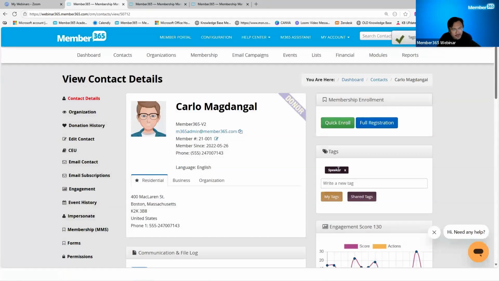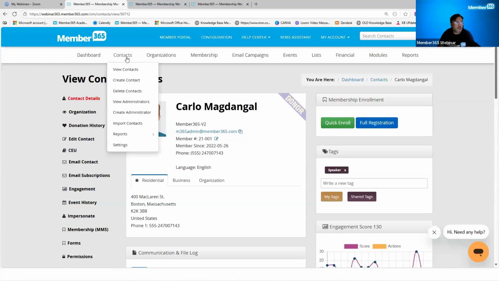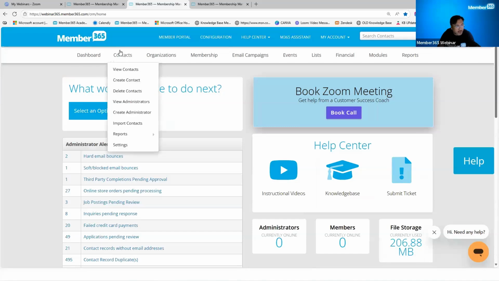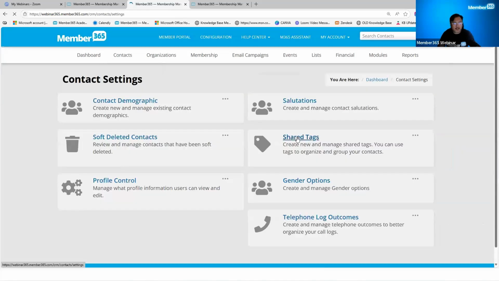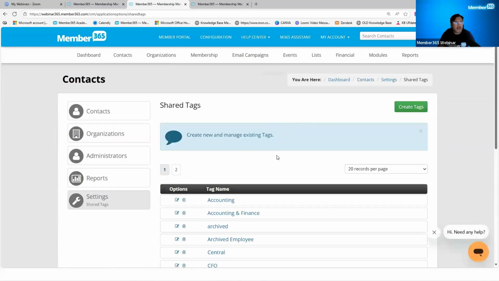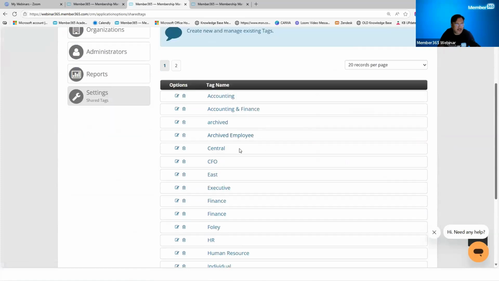Now, how do you create a tag? Creating a tag is simple. You just have to go to Contacts. Again, let's go to this other tab. Go to Contacts, Settings, and then click on Shared Tags. This page will show you all the tags that are shared, that are created. And it is here that you can, just like in the My Tags section, edit or